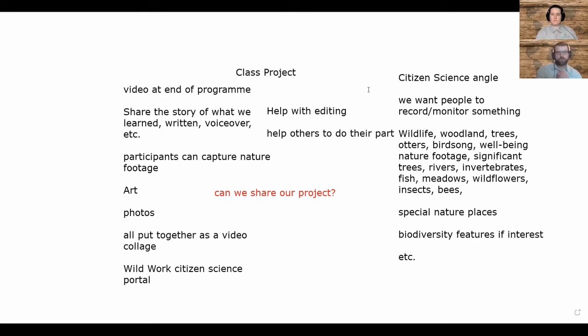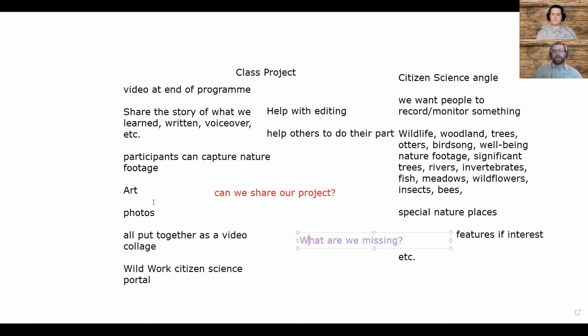Let's see. We've covered citizen science. We've covered a couple of ideas that we can come up with, things we want people to do. We've raised a very important question. So that is going to be one of the things the participants, we're really going to need their help with, because I bet they can come up with some ideas that we just would never think of.